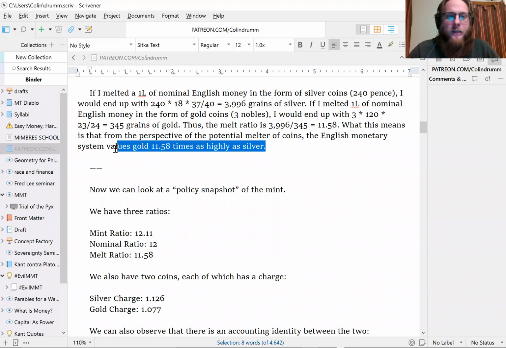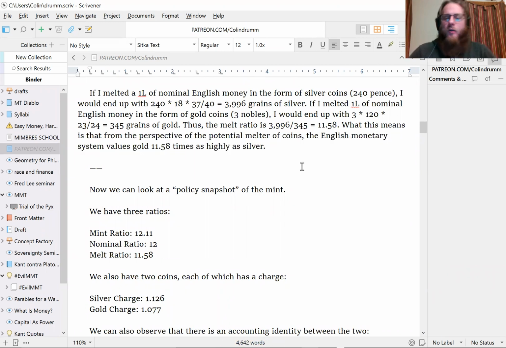So from another perspective, the English monetary system values gold 11.58 times as highly as silver. So if we ask the question, what is the bimetallic ratio at the mint in England? Well, it's actually a little ambiguous. There's one ratio, that's the legal ratio, the nominal ratio, but there's also a mint ratio and a melt ratio,